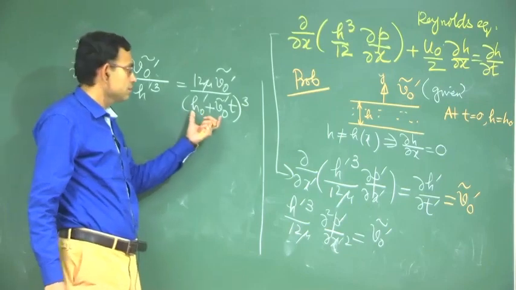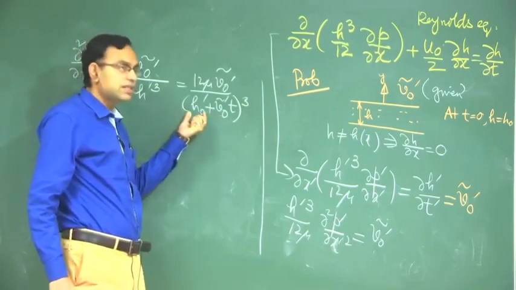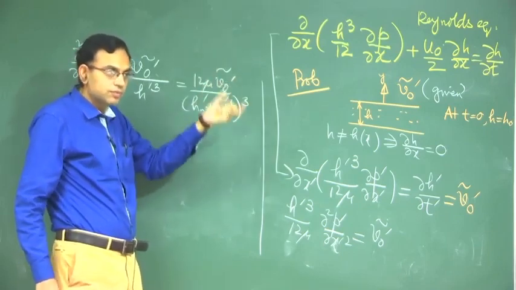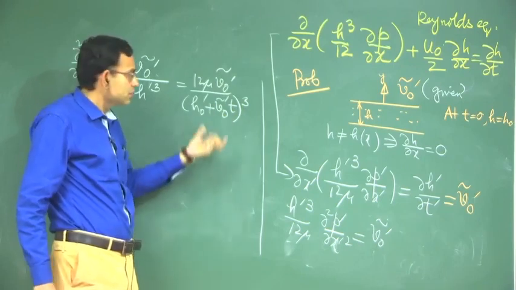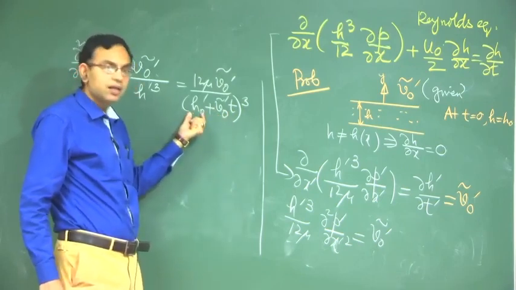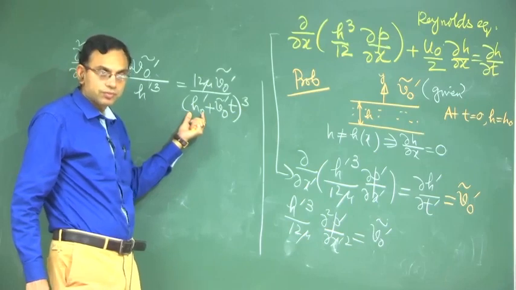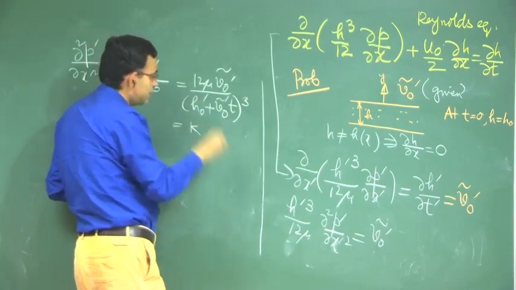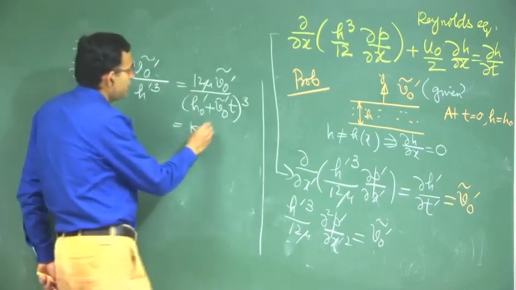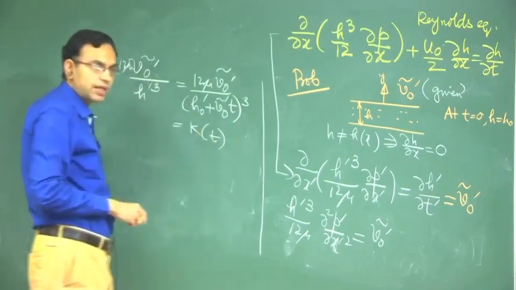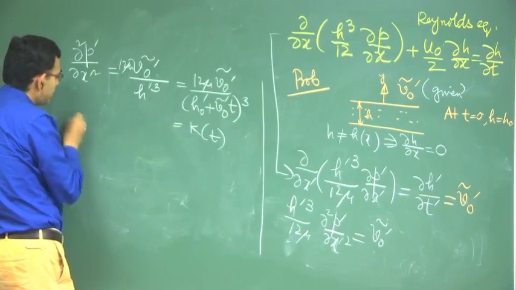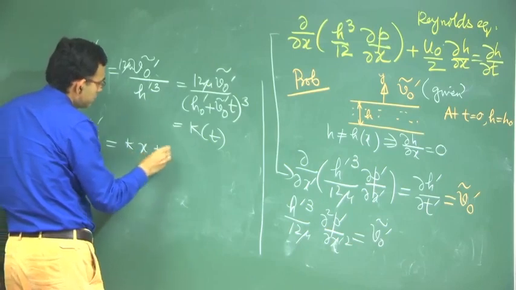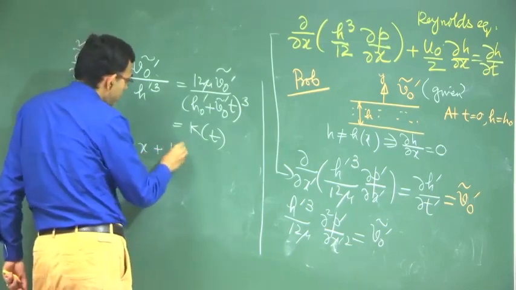Right, the original h prime plus the change due to time because of the velocity, right. So, this is the instantaneous h prime, this is the h prime at time equal to 0. Okay. So, all these are not functions of x. So, you can take this as some k which is a function of time, but not x, right. So, you can integrate this with respect to x. We have used C1, C2, okay, K1 and